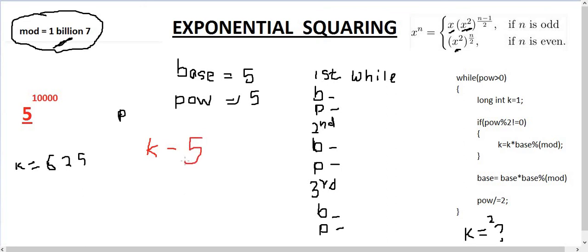After that base is equal to base times base, so base will be squared, so base will be 25, and power will become 5 by 2, that is 2. In the next loop it will not enter the if block. Base will be 625, that is 25 squared, and power would become 1.